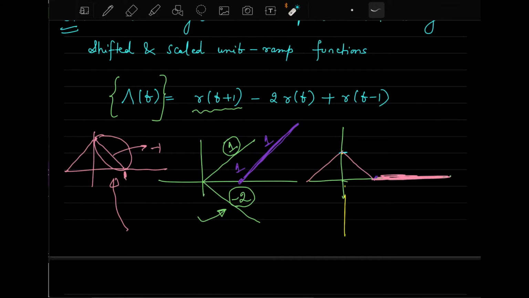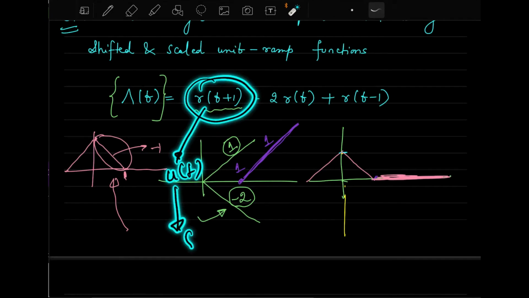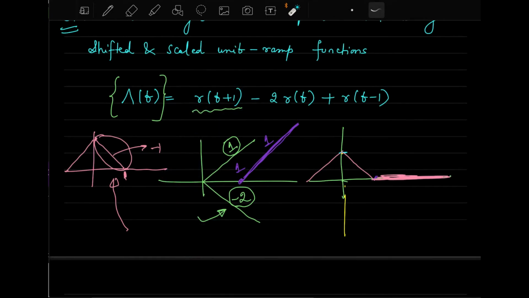So this way you can see how you have represented a triangle function in terms of the ramp function. And the important thing is you can further decompose it. You can further bring it one level down. This can be brought down one level down to unit step, and this can be brought down to the delta function. So you can express this triangle function in terms of the delta functions also. If you want that, you can express it in terms of the integrals, and we know how to do it in our earlier discussion. So you can decompose it to multiple blocks down.